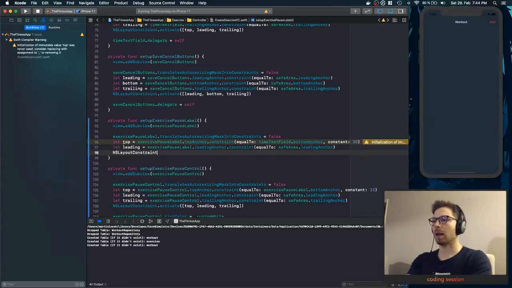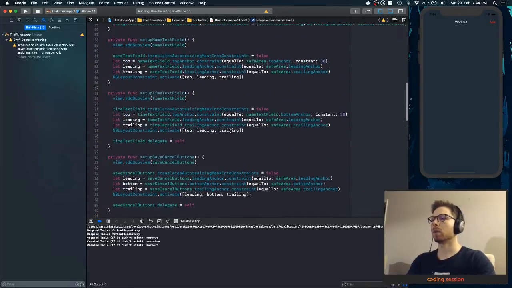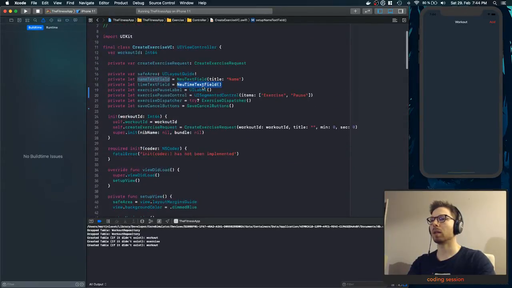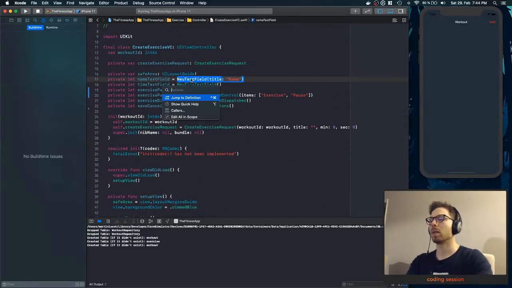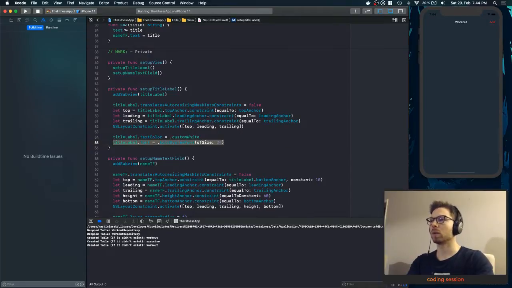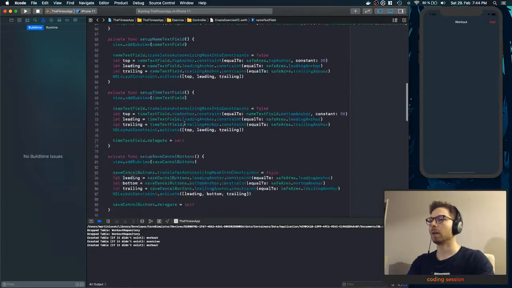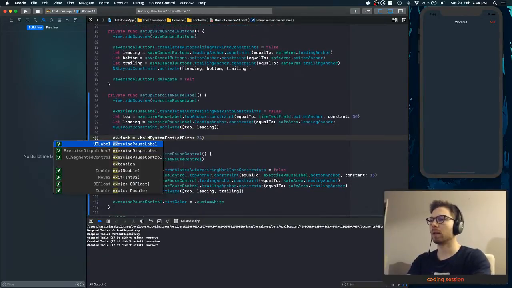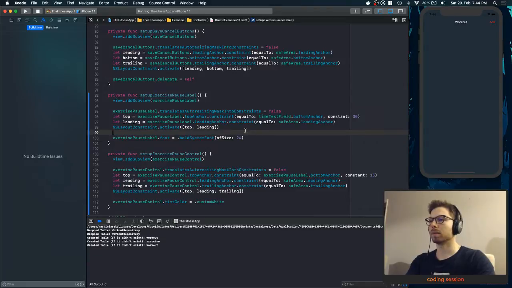And let's just activate it. And also for here, we have name text field, right? We have name text field that is no text field, and here we will have a look at that one, bold, the title label. That's the information we wanted. Exercise pause label. And then we also say